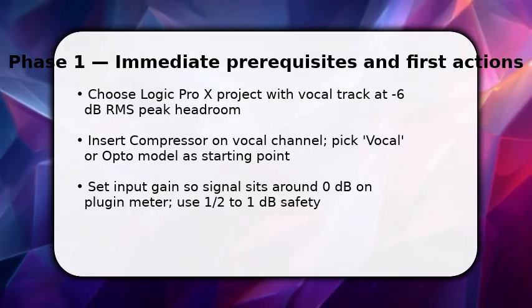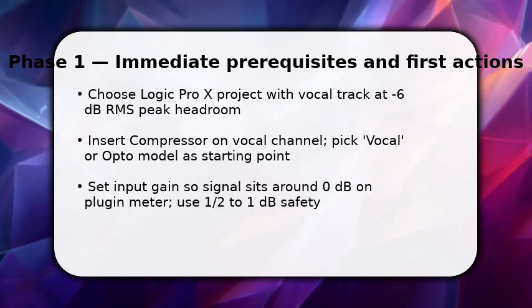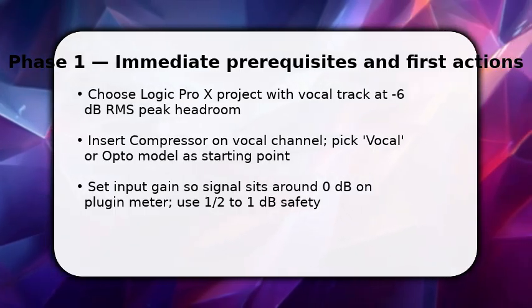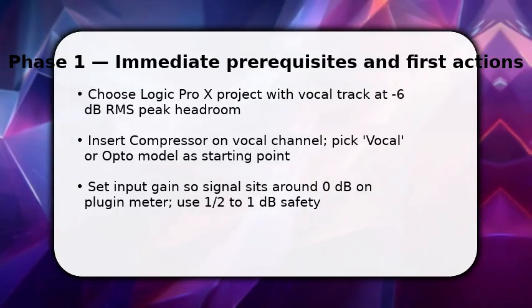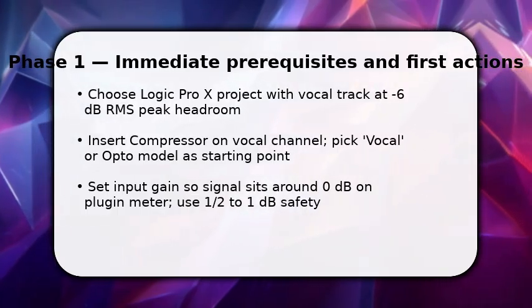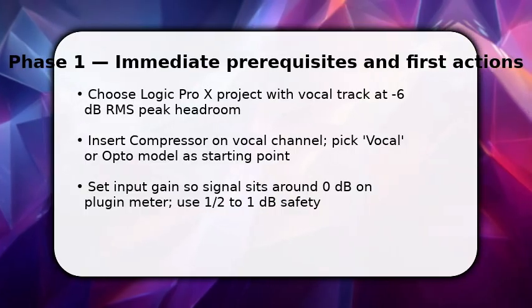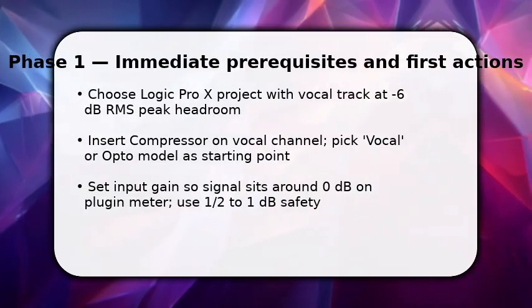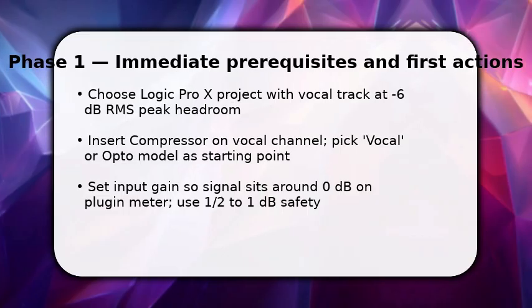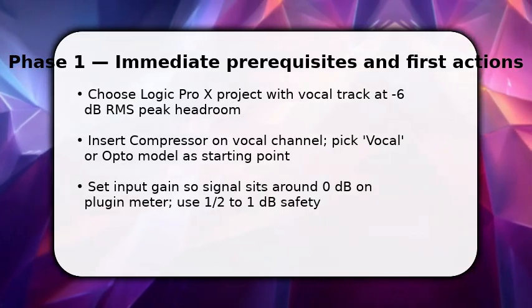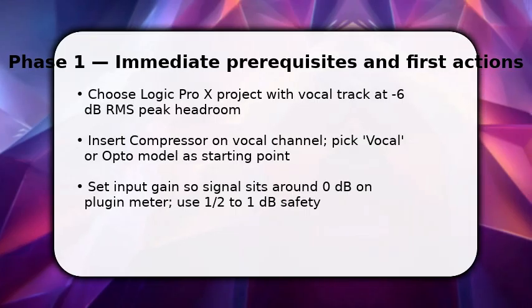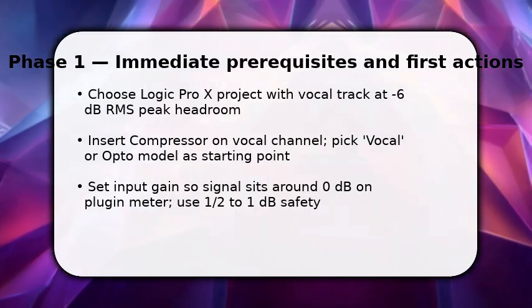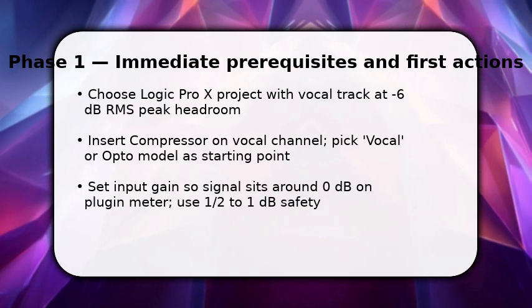You start by placing a compressor on the vocal track and choosing a vocal or opto style. Set input gain so the plugin reads around 0 dB, give yourself 6 dB headroom. Once patched, select a moderate ratio like 3:1 and a medium attack to catch peaks without killing transients. Make sure to enable look-ahead only if needed. Use a sidechain high pass at about 120 Hz to avoid pumping from low rumble, and preview loudly, adjusting gain